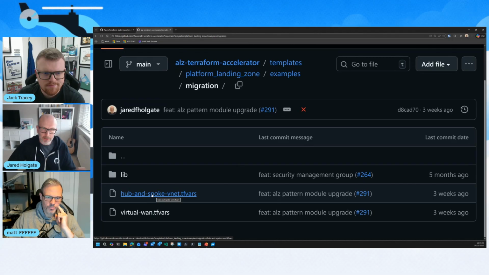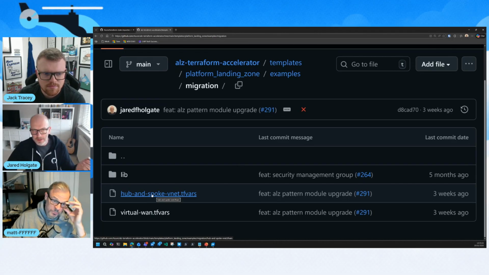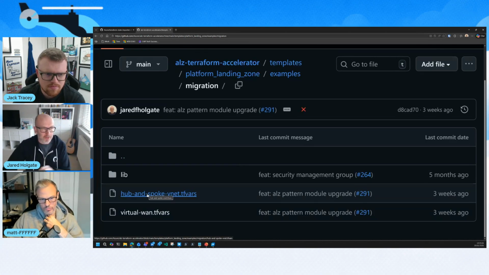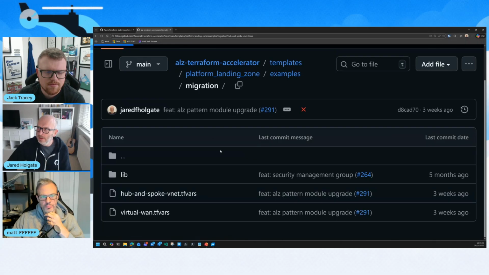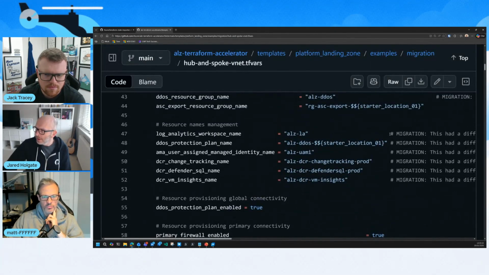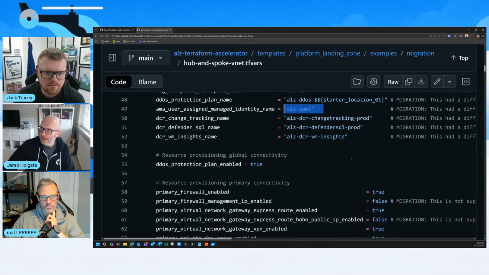We've gone through the migration process from CAF-Enterprise-Scale to the AVM modules, and whilst we were doing that, we found everything that might be a potential problem for you. If you look in these files, you'll see everywhere we found something like that, we've got this comment that says migration: this had a different default in CAF-Enterprise-Scale, so we've updated it here. So if you were using our default settings from CAF-Enterprise-Scale, this file here might help you